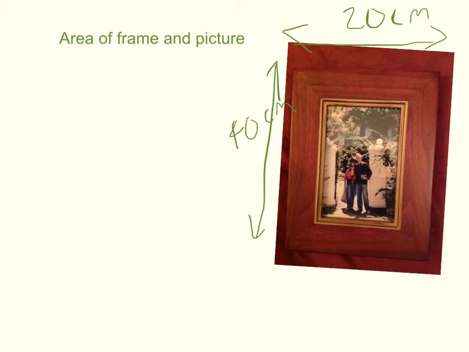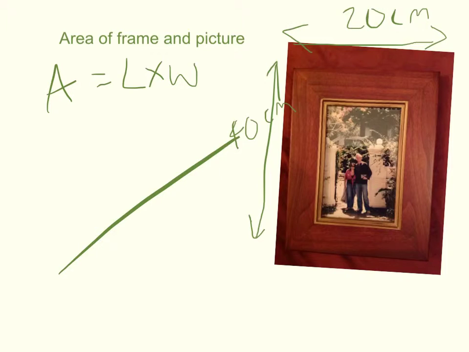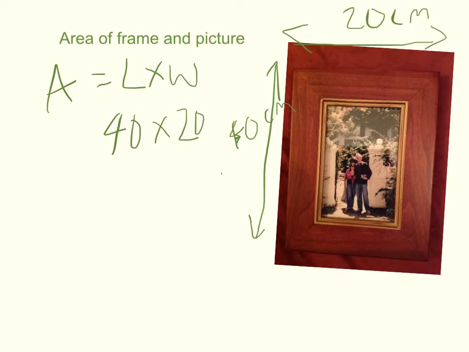So the first thing I'm going to do is find the area of the frame of the picture. For this, I'm going to use my formula for the area of any quadrilateral, which is the length times the width. Actually, I'm going to erase this right here. It's a little bit messy. I want to use this tool instead. I want to use 40, so that's my length, and the width of my frame is 20. So my area is going to be 40 times 20, which is 800